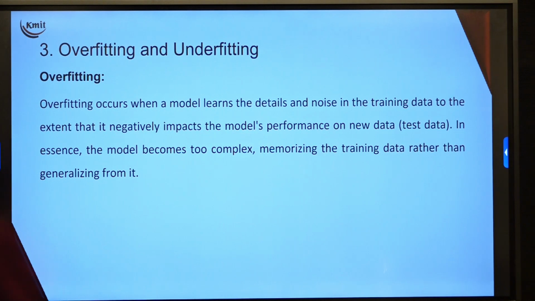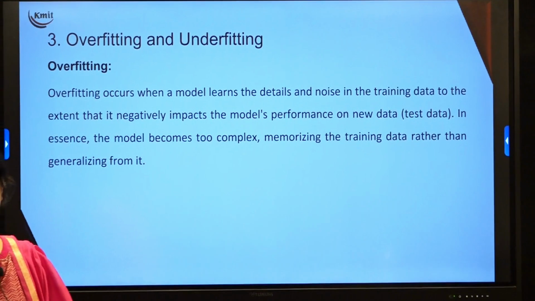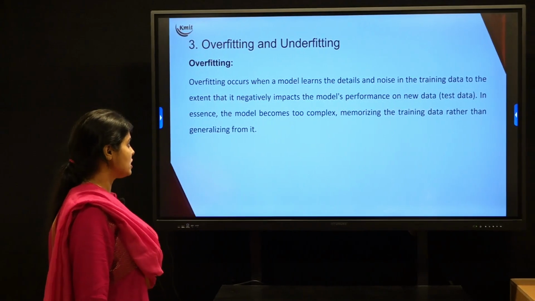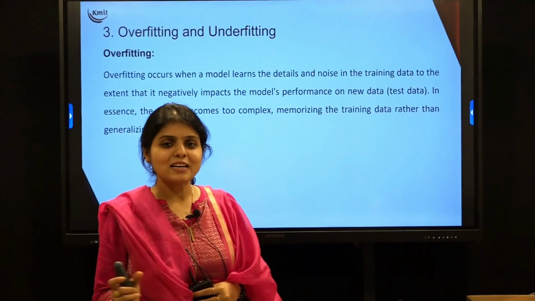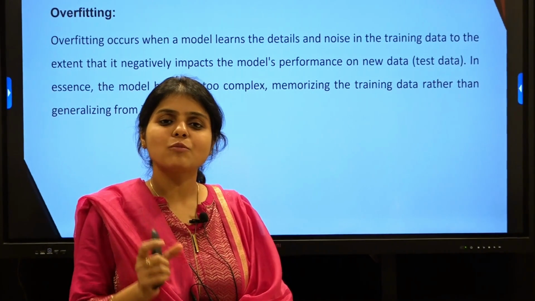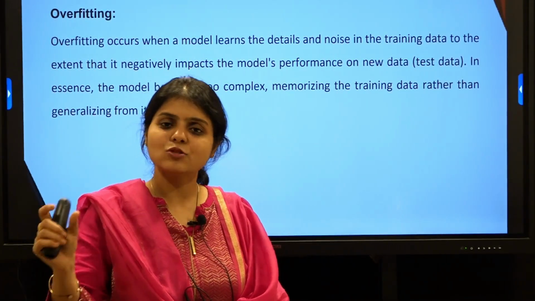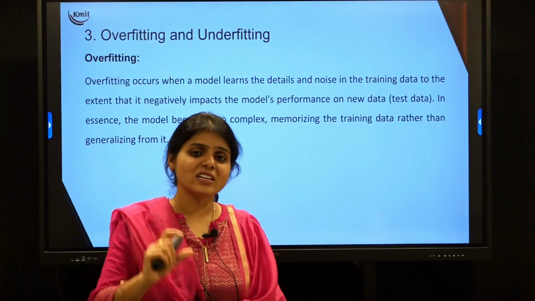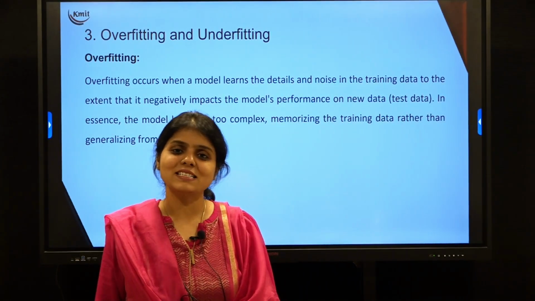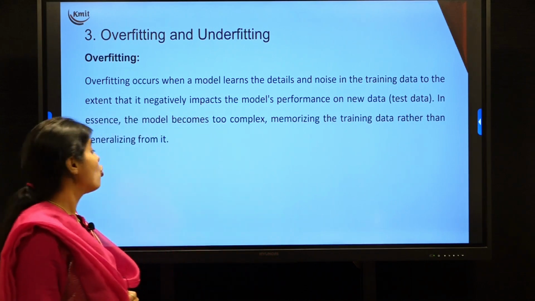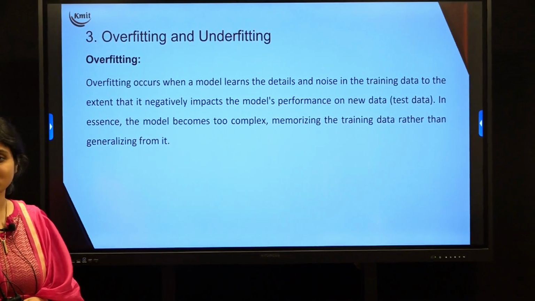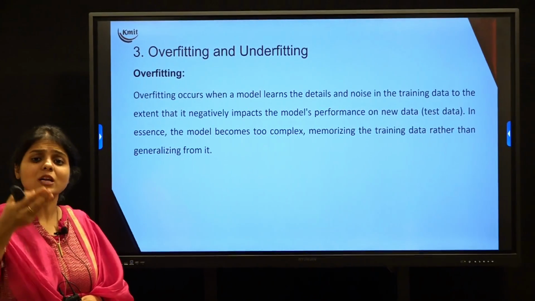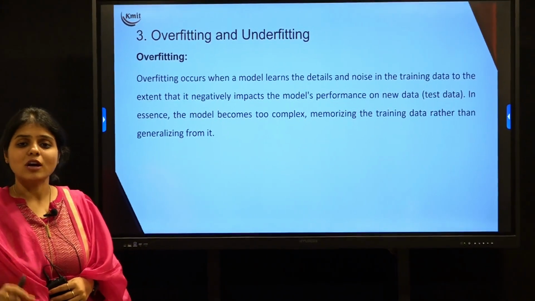The third important major challenge in machine learning is overfitting and underfitting. Now let us understand each of these terms in detail. Let's see what overfitting is. I have told you what training data and test data are. Training data is the data a model is trained on, and the test data is used for testing that particular model. Sometimes the machine does well with the training data but fails to perform well on the test data. This problem is called overfitting. It works well with the training data, but when you give new data in the test, it fails. Maybe the test data patterns are not available in the training data. So this condition is called overfitting.